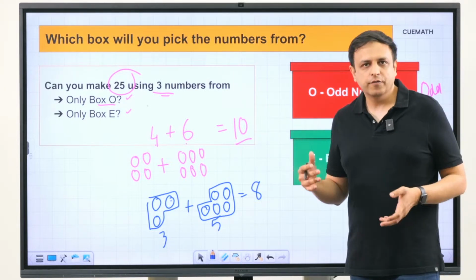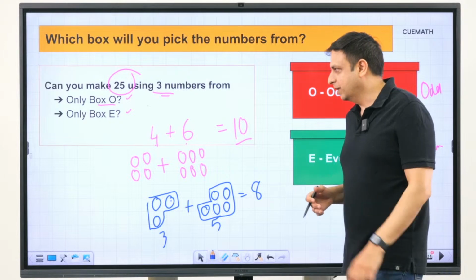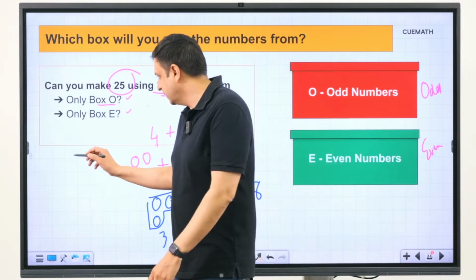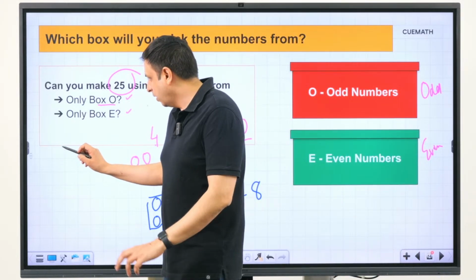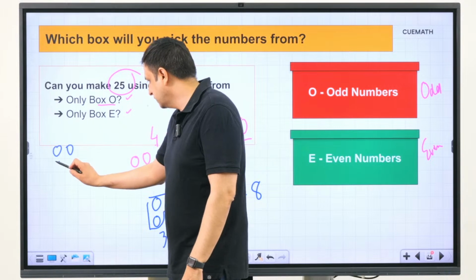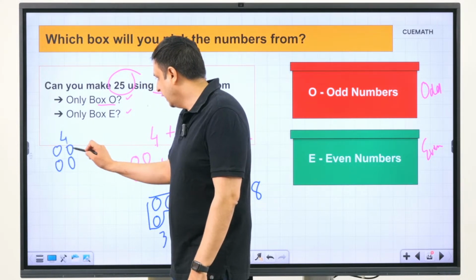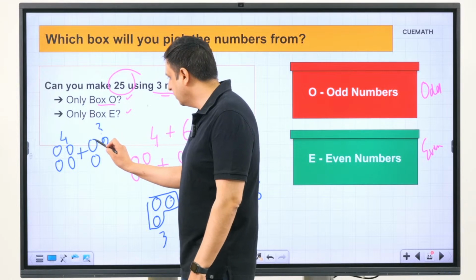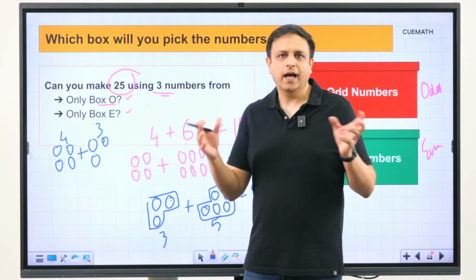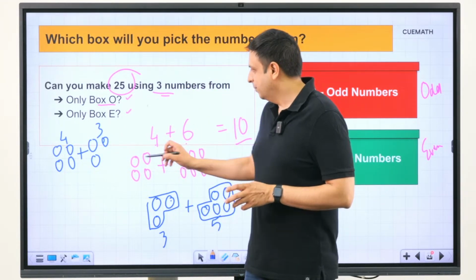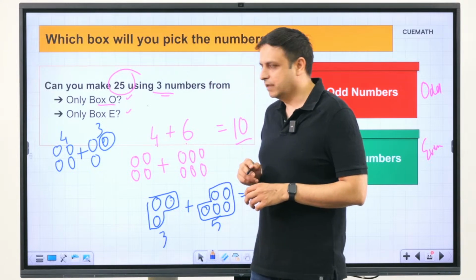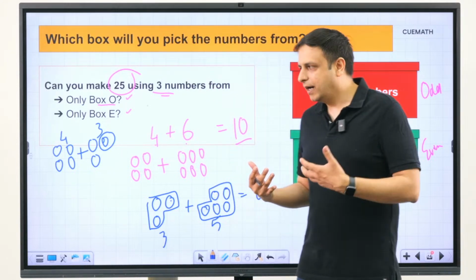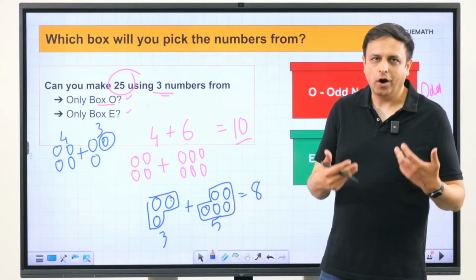And now what happens if you combine an odd and an even number, right? So that's the third case. So let's take 4, which has this visual model, and 3, which has, let's say, this visual model. And if you now combine 4 and 3, you will get an unbalanced model because this circle will not get balanced. So combining an odd and an even number gives you an odd number.